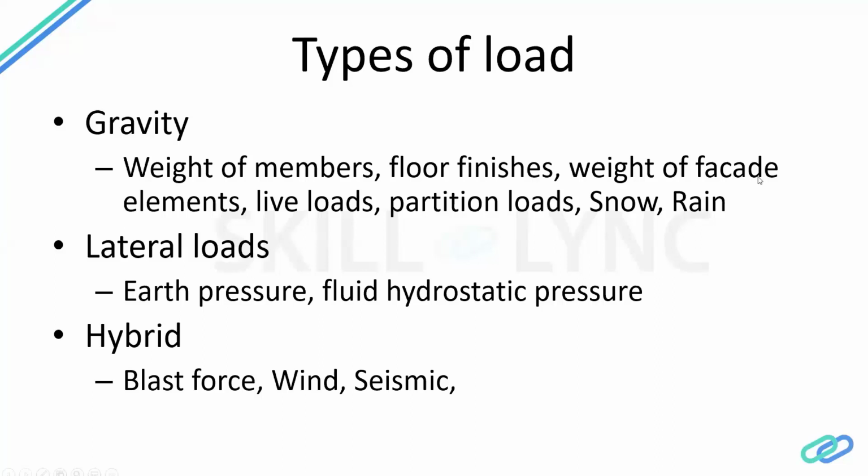And then we have the facade weight. Say if you have a curtain wall or a metal panel system, they have their own weight. Then we have live load, say moving load, right? People walking over a floor, so the people are inducing their own weight as well. That's also gravity load on the structure. Then we have the partition wall loads. When you're moving partitions here and there, that's a gravity load because they have their own weight. And then we also have, say, a snow load or rain load, right?